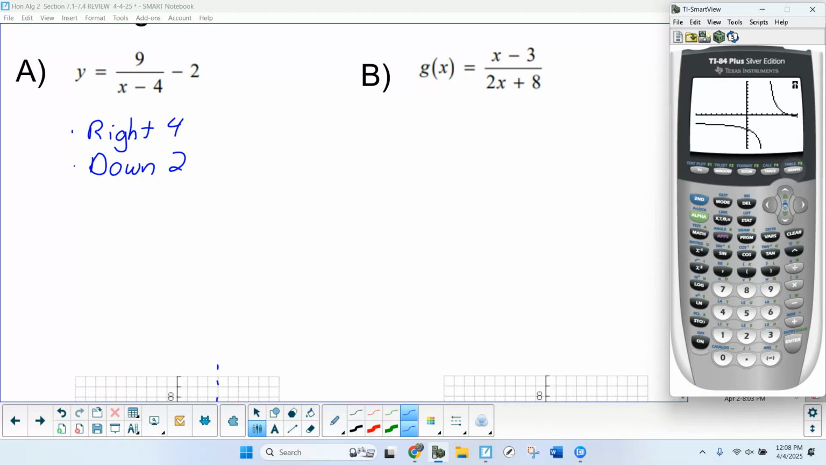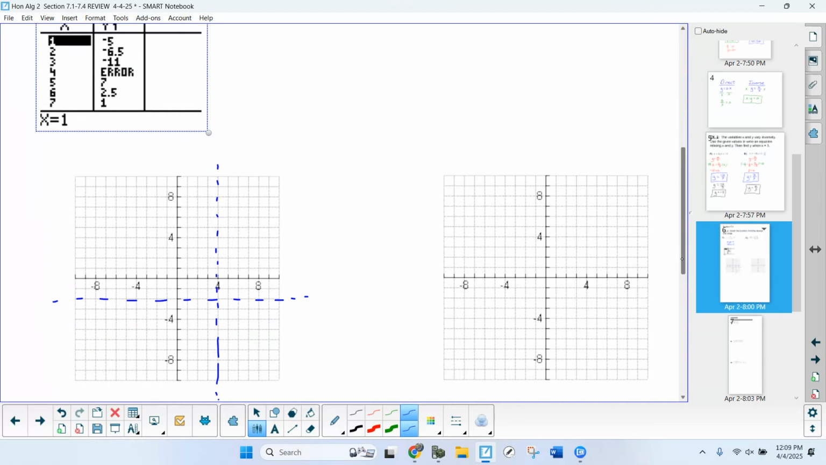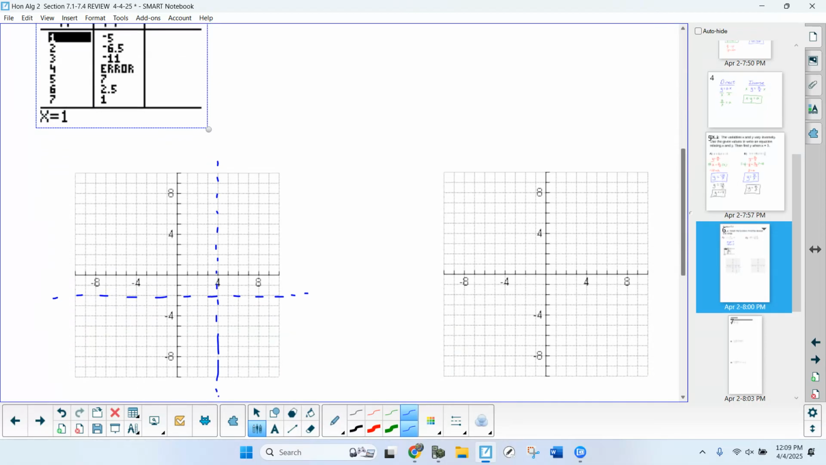I'm going to look at my table, and I know that my vertical asymptote would be at x equals 4, so it happened to be right where my table value is at. If not, go scroll until you get a couple of x values to the left of your asymptote, a couple of x values to the right of your asymptote, and now I'm just going to graph. Over 1, down 5, over 2, down 6.5,